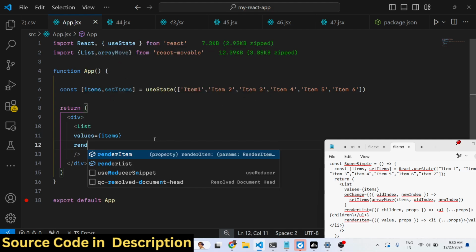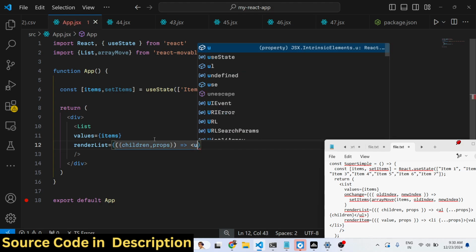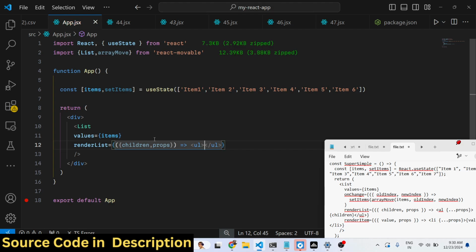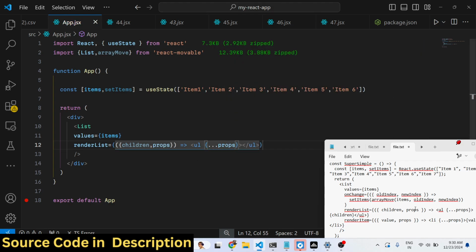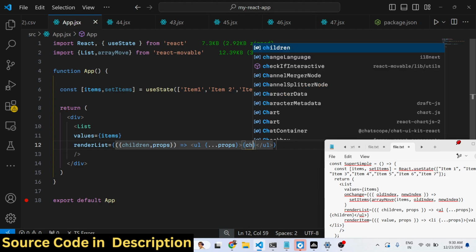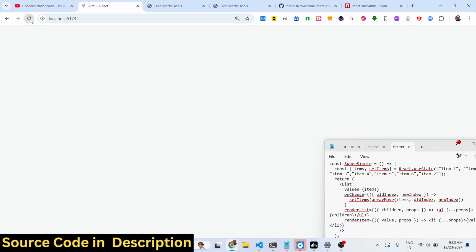So renderList. When the list is rendered, this function will execute, and it takes children and props as two arguments. Here you need to specify how you want to display. So we have a simple unordered list where we'll be displaying these elements. So we have the props, and inside this we will display the children inside curly brackets. So if you refresh now,